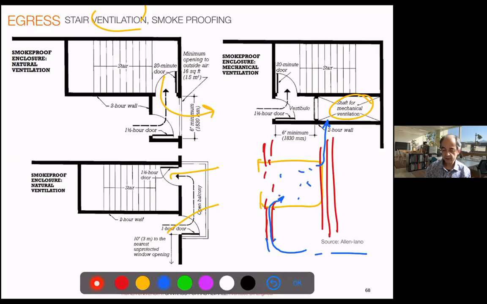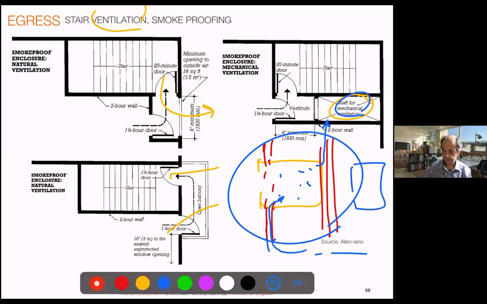So you have always some air movement by stacking. At least this is how we do in Spain. Otherwise, you have a mechanical shaft. Mechanical shaft just puts pressure into the room, so the smoke will not enter in, will be always pushed out. Mechanical is great. It's the one used in large, complex buildings, but in case of fire, you may have electrical failure. So you depend on electricity.